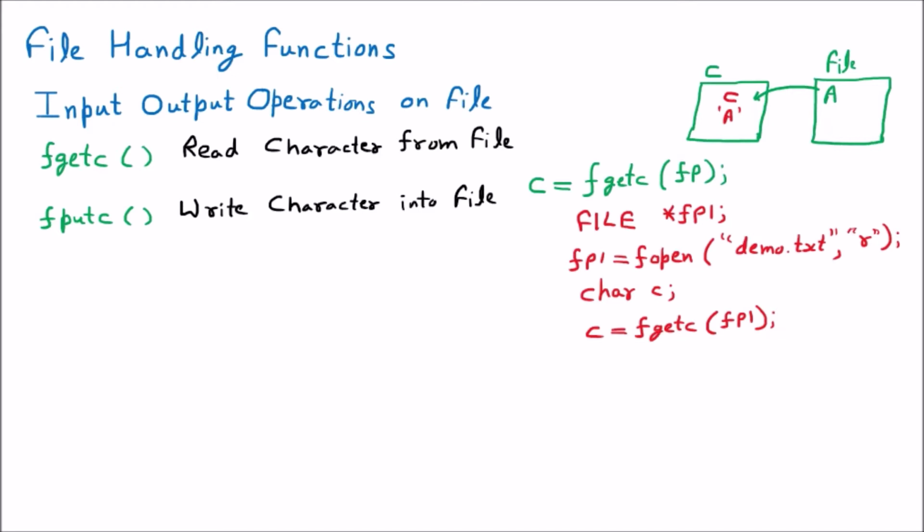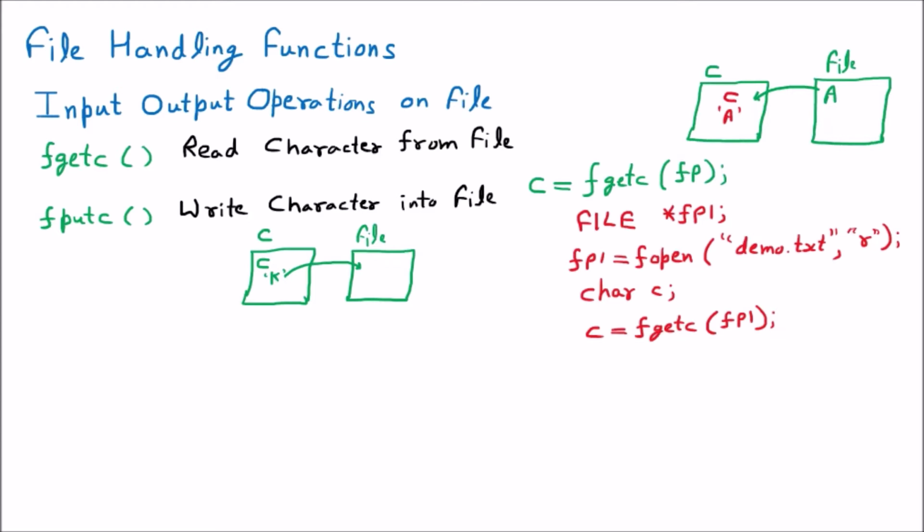I'm taking one example to make you understand what this function is going to do. Let us suppose that we have a C program. In this C program we have a character, a variable c which has the character value K. We want this K to be written into the file. This is our file. If I have to write this K into the file, there we need the fputc function.